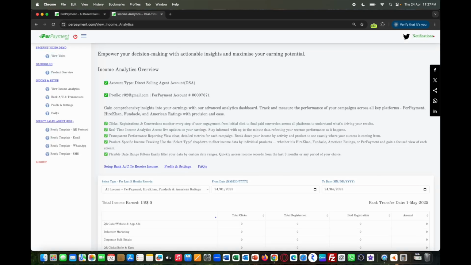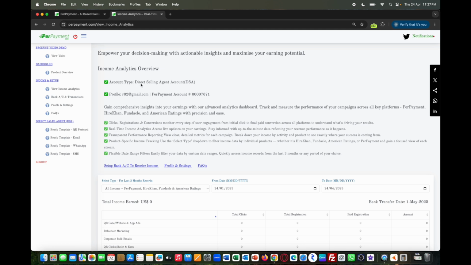Now this is going to be your dashboard where you can see your account type, your profile and your PerPayment account. On the left side you can see the certain categories that I'm going to explain you one by one. So first begin with dashboard product overview.